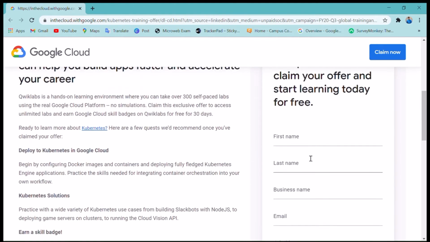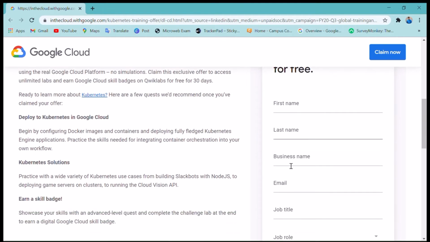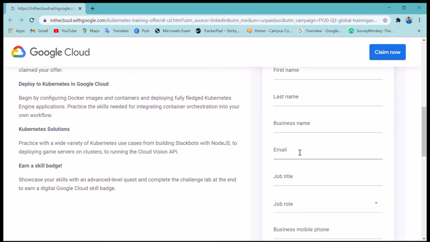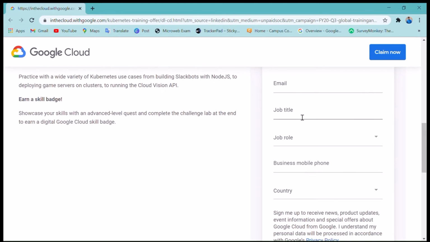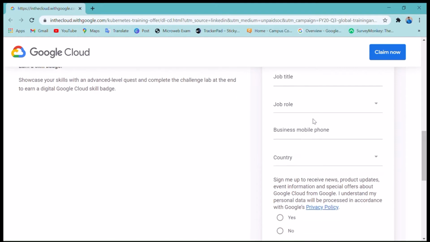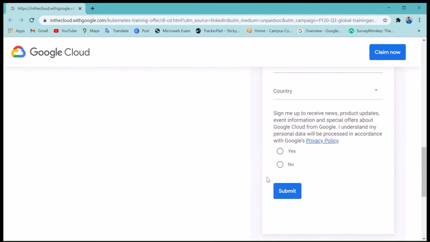So you have to fill in your name, last name, business name, email, job title, job role. Job title means student, job role, education or whatever you want to enter, business mobile number, your mobile number, country, and fill yes and submit it.